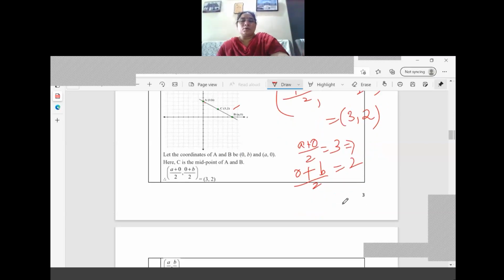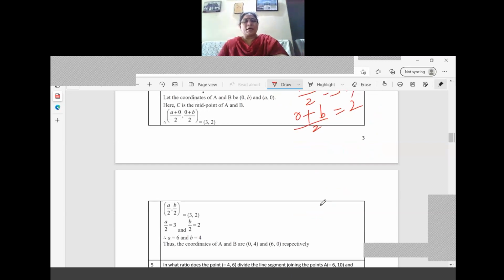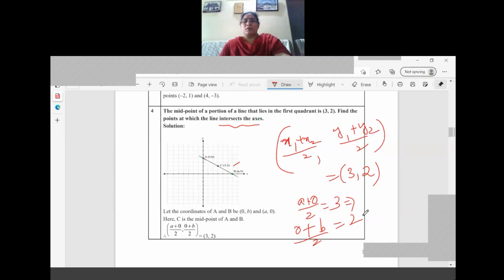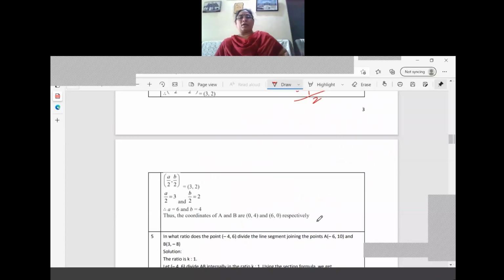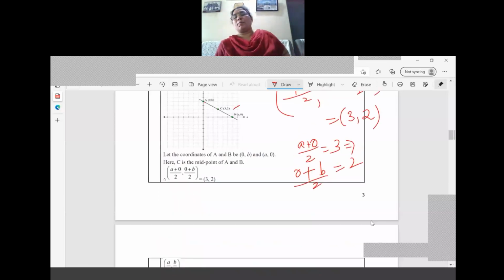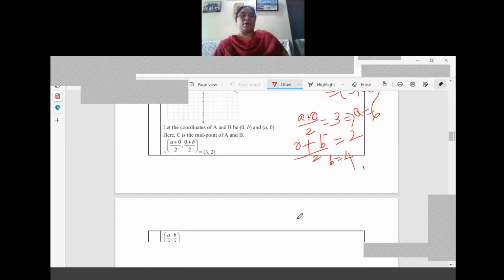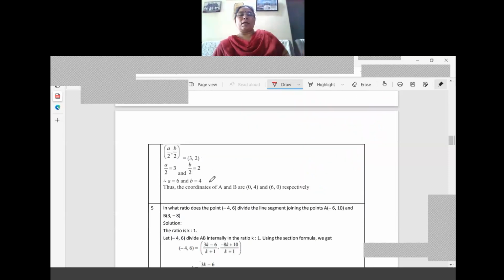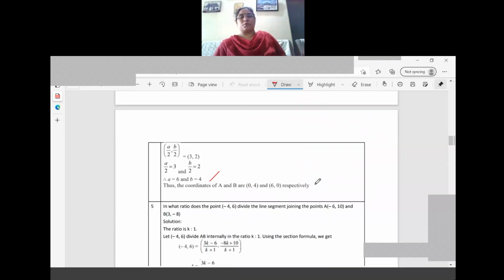Then a equal to 6 minus 0. Sorry, it is 3 only, na? Okay, 3 into 2, 6 only. Okay, then a equal to 6. Similarly, b by 2. How are we getting here b by 2? Because 0 plus b equal to 4 only, and a equal to 6 here. So we are getting the value a equal to 6 and b equal to 4 only.